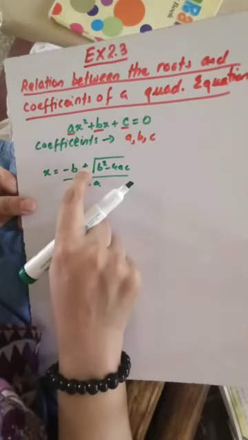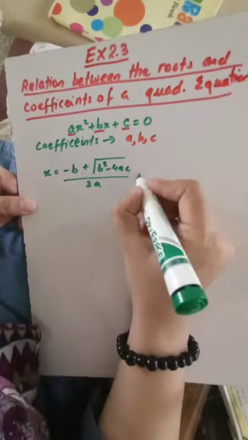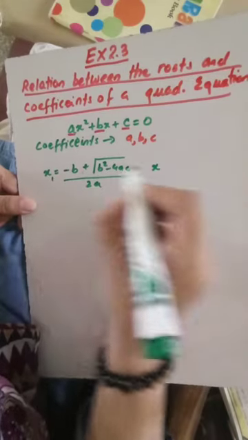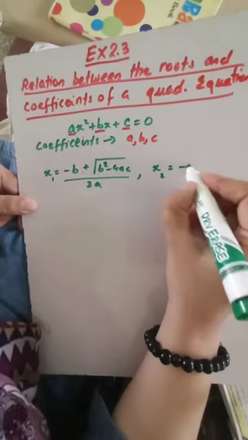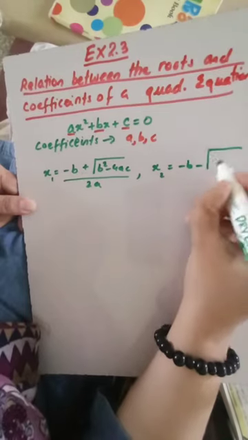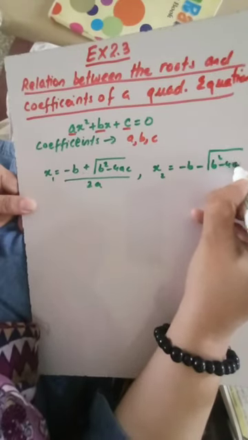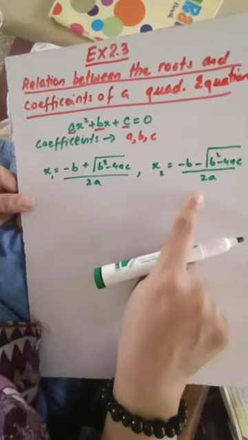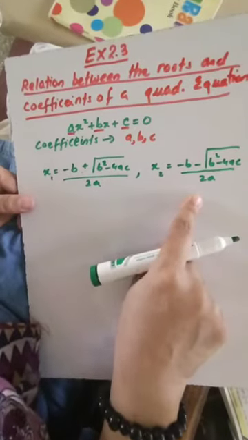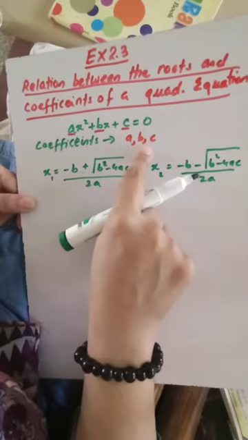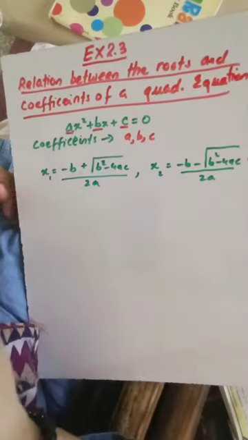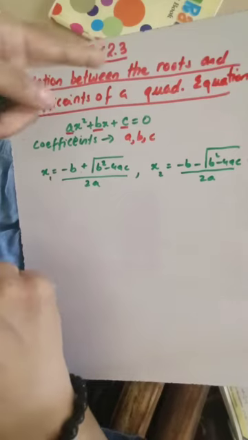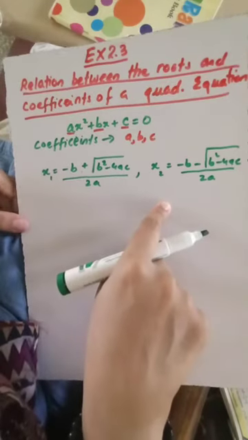One is with the plus sign, and the other, if I write it separately, will be, this is the first root, this is the second root, minus b minus under root b square minus 4ac over 2a. This is the first root, this is the second root of the quadratic equation, and a, b, c, these are the coefficients. Okay, now we are going to learn about the relation between the roots and coefficients of the quadratic